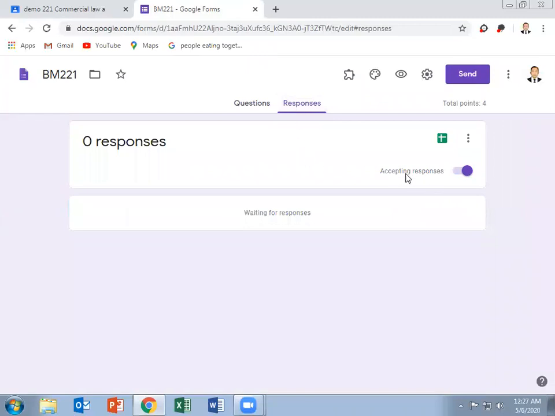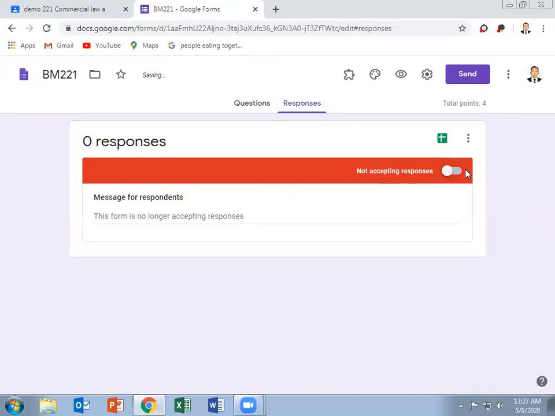Here we see that accepting responses is open. To stop accepting responses, you just have to click on this button, and now it shows that it is not accepting any responses. So after a stipulated time, you can stop the students from submitting their examination.